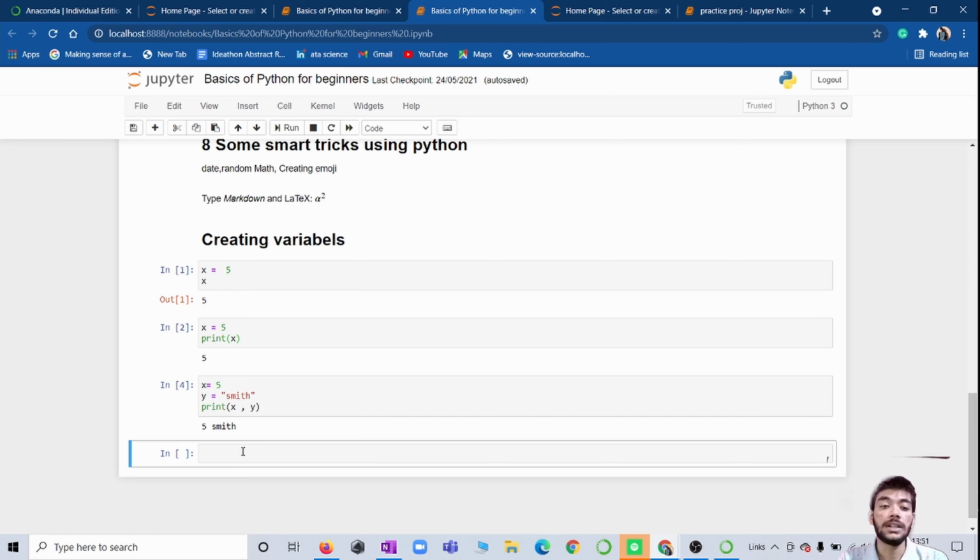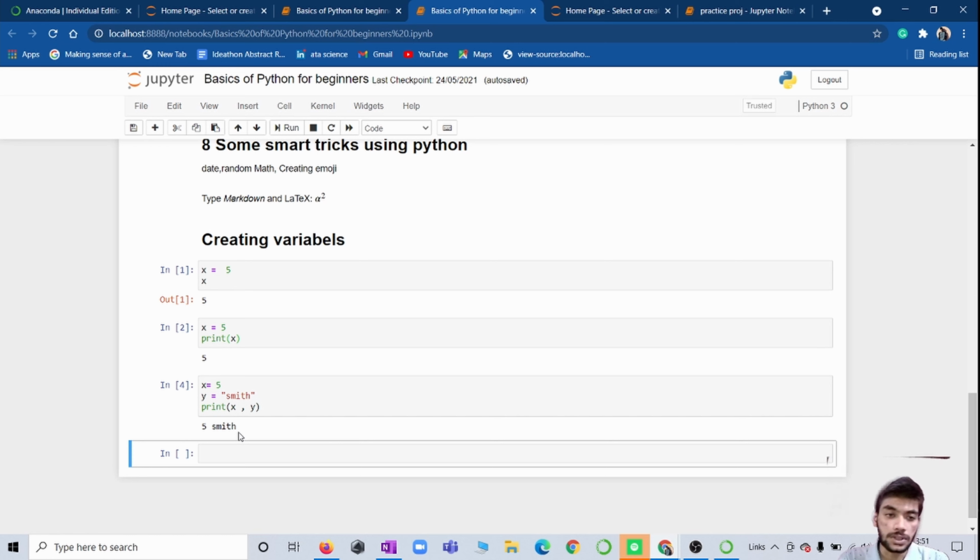Here you can also check the type. I have written x equals to 5, y equals to Smith, but which kind of variable is this? We can know that 5 is an integer and Smith is characters.